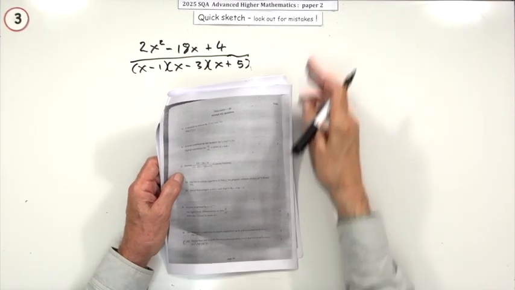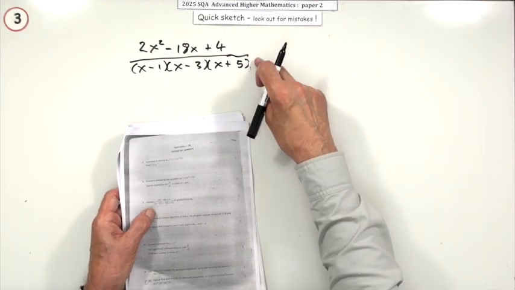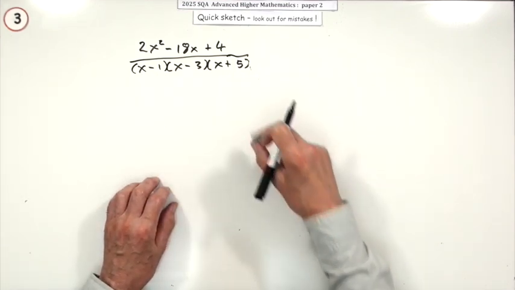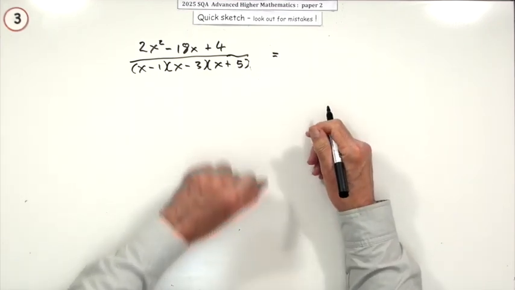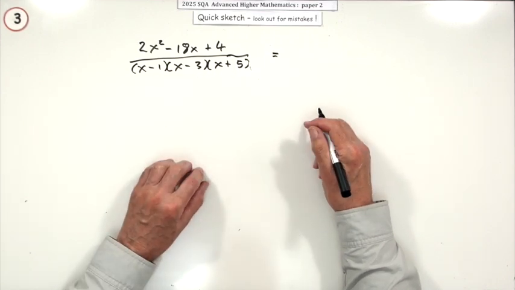So number 3 then, from paper 2, the 2025 Advanced Higher Maths. 3 marks, little partial fractions question. It's a very straightforward one. Look, the denominator's already been factorised for you, showing that you've got these 3 different linear factors, which means it'll